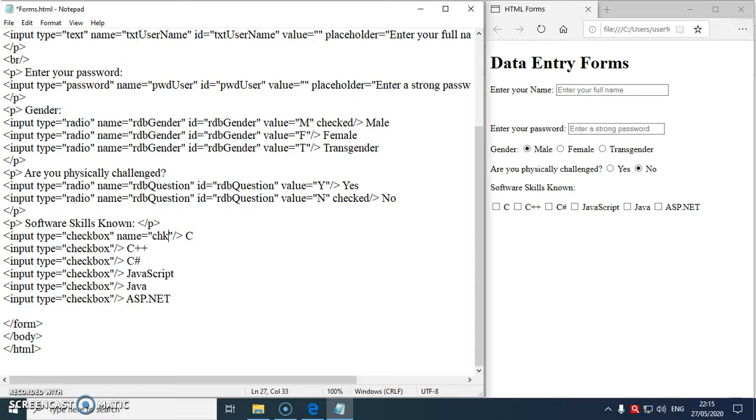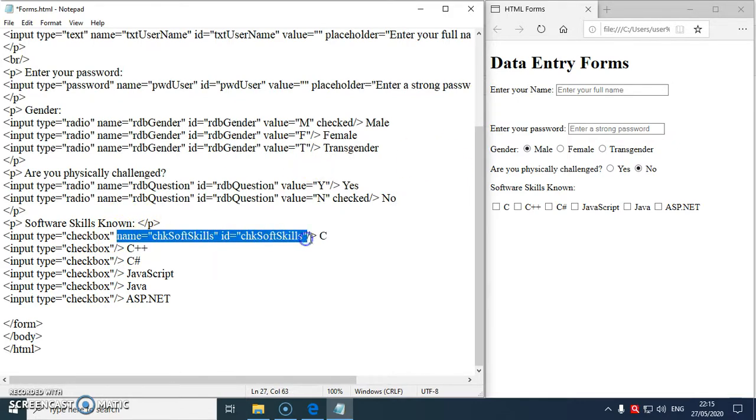What name should I give? You can give any name. I prefer giving the name as softSkills. I have used the camel case notation. Okay. With the name, I'll also give an identification. I'll say ID is equal to chkSoftSkills. Inverted comma close.